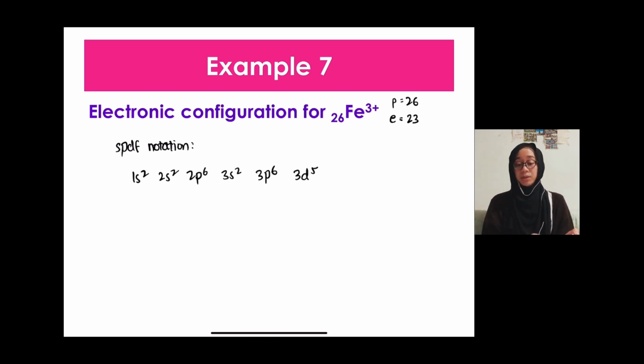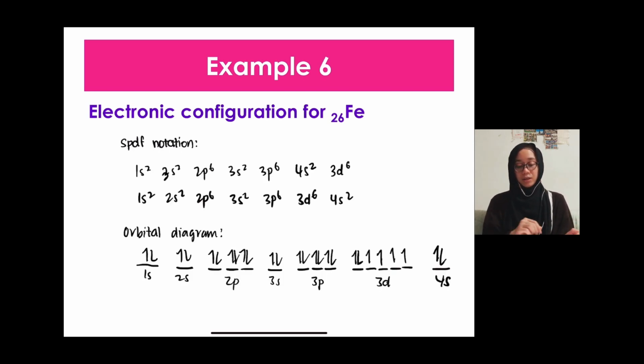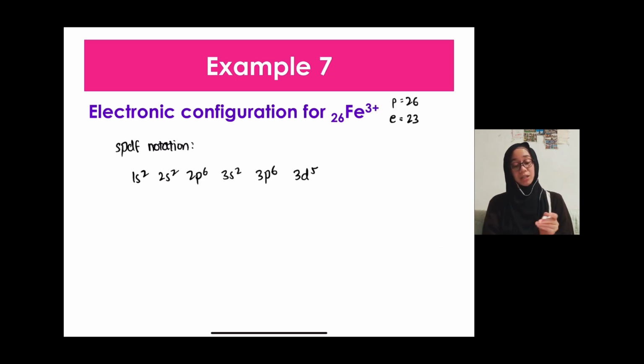Okay, so bear in mind kita dah remove daripada 4s. Okay, itu 2 elektron dah. And then kita remove 1 daripada 3D. So kalau kita remove 1 daripada 3D, bermaksud dia tinggal 3D5. Okay, so this is the SPDF notation for the ion. Okay, so the orbital diagram would be